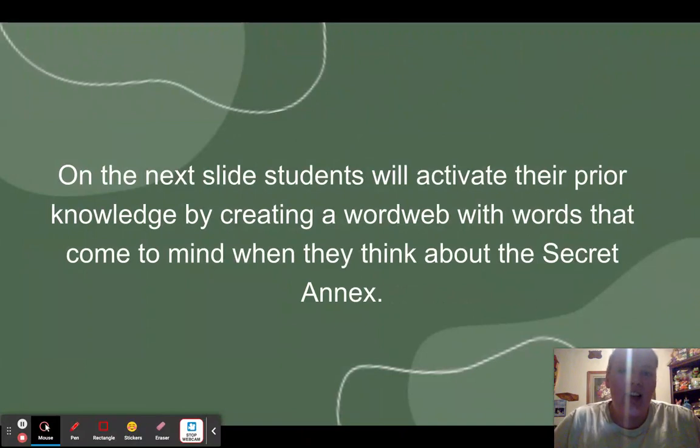So on the next slide, students will activate their prior knowledge by creating a word web with words that come to mind when they think about the Secret Annex. From the web quest that they just completed, they'll have some more background knowledge. I think this is the third or fourth slide of the interactive scavenger hunt. Students create this word web on the interactive